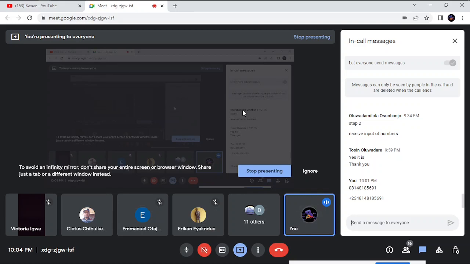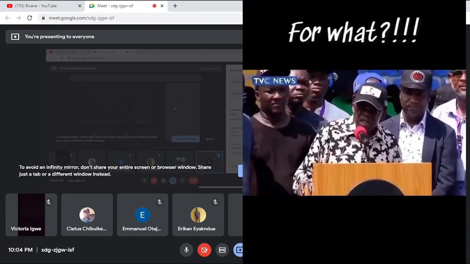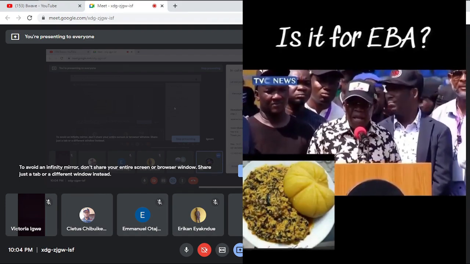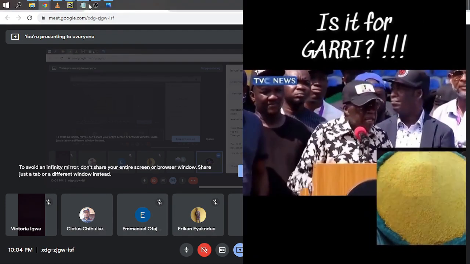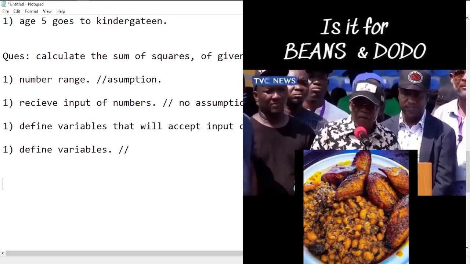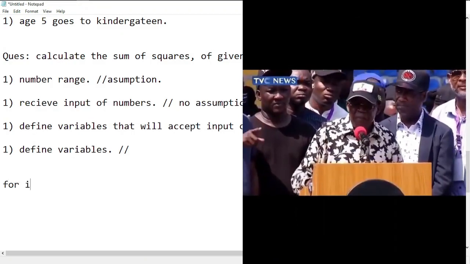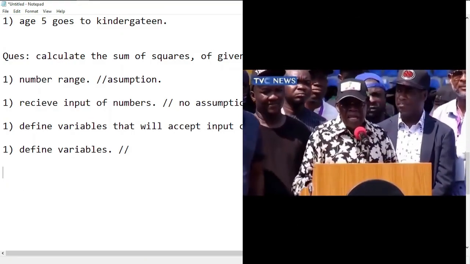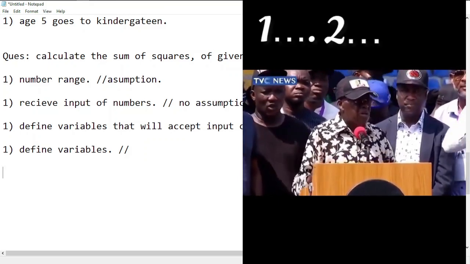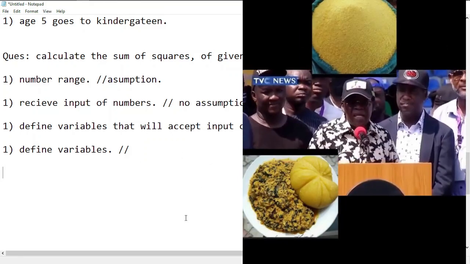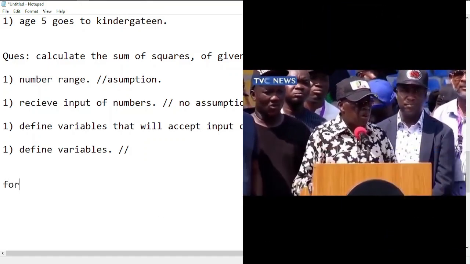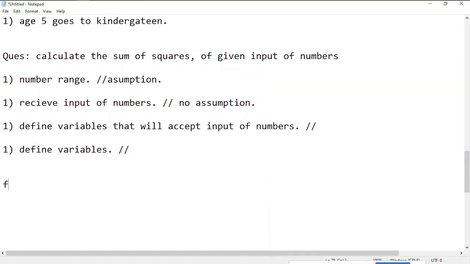For I, like for what? Is the for I for garri? For what? Is it for eba? Is it for garri? Is it for beans? I don't know. For I, what are you looping? Even if you want to loop, you could just say go through,